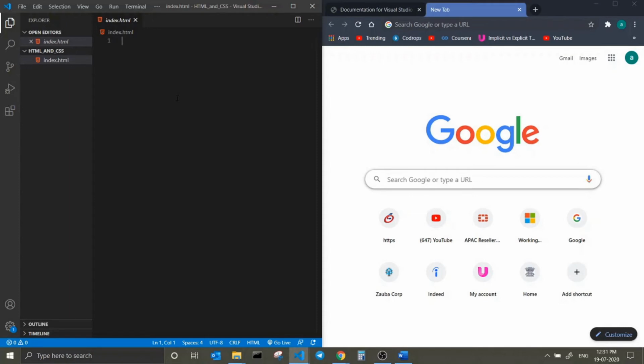So after opening that particular file, that is index.html, in VS Code, it will look like this. It's a plain web page. There is no data being inserted right now. So let's jump into how this file works, how the structure is, how the basic skeleton of the HTML is, and just jump into this.